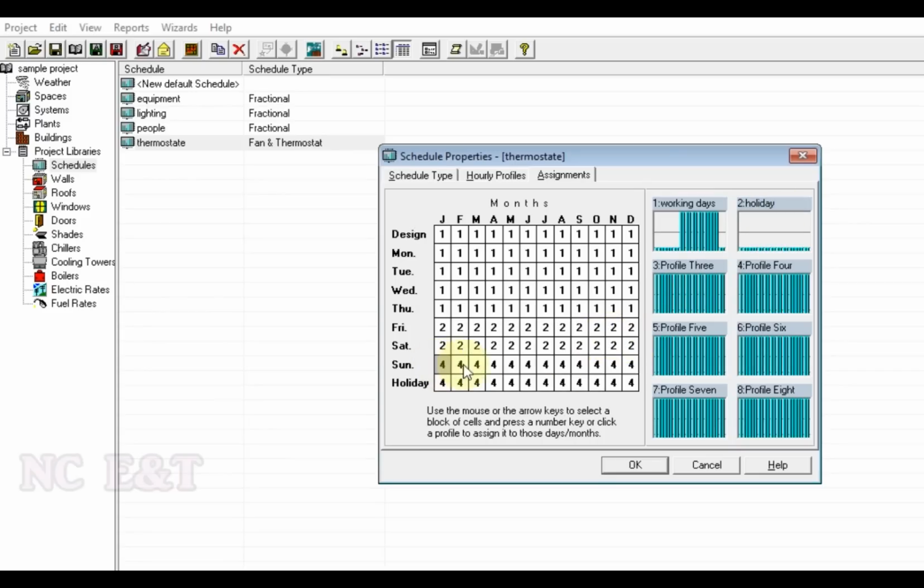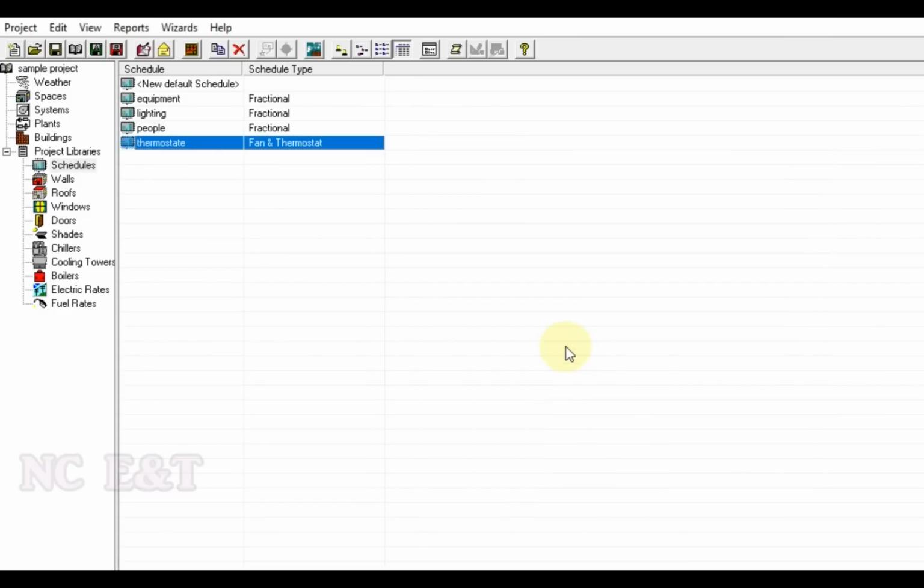Again Sunday there will be working hours, so we'll select the working day. Again holidays there will be no work, we will select the holiday. So in this way we have generated the profile that will be used during the calculation process for heat load calculation in the HAP software.